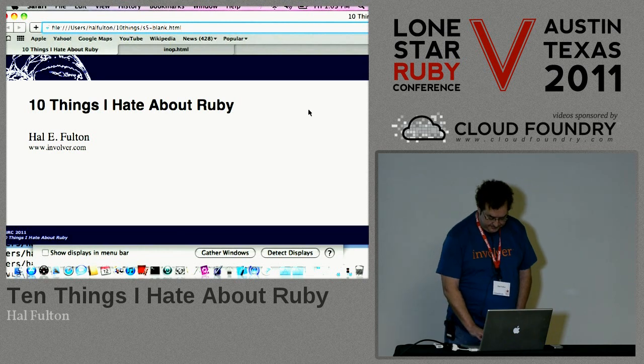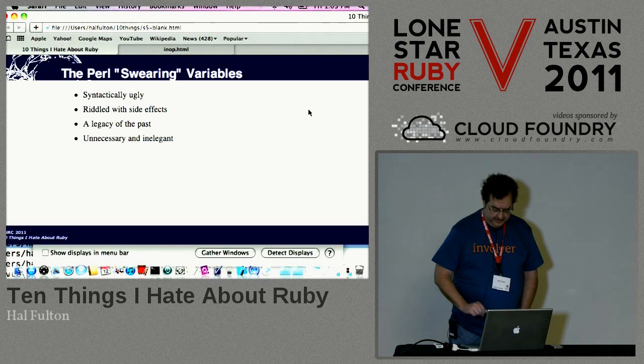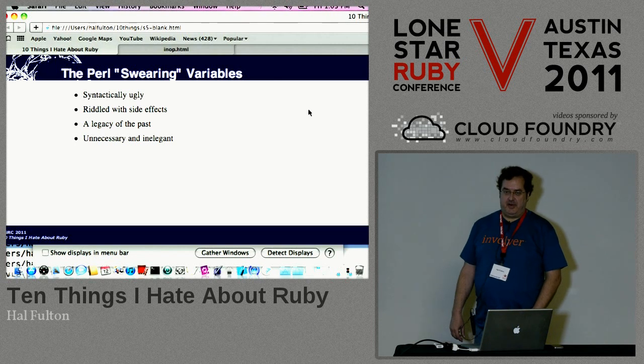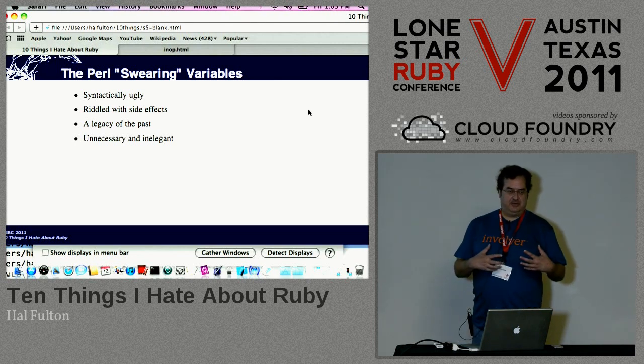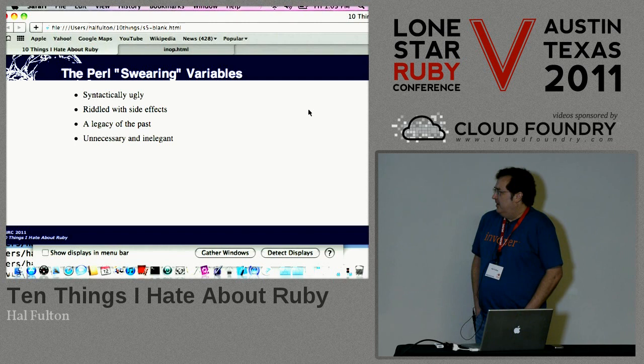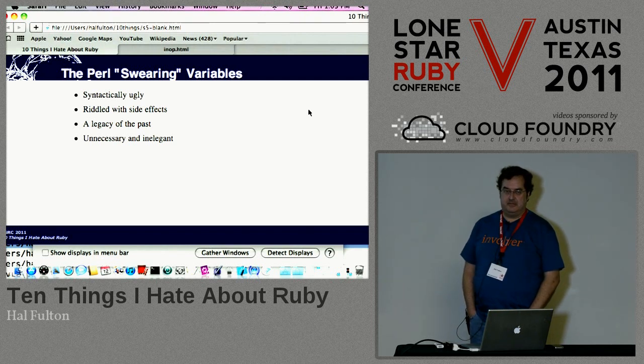swearing variables that are inherited from Perl. And by swearing, I mean that they look like the way comic strip characters use profanity. They're all punctuation marks, $/, $!, $, this, $ everything you can think of, including some Unicode characters, I'm pretty sure. First of all, those are just inherited from Perl,